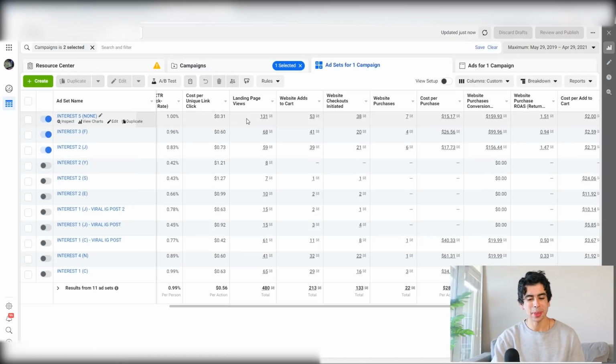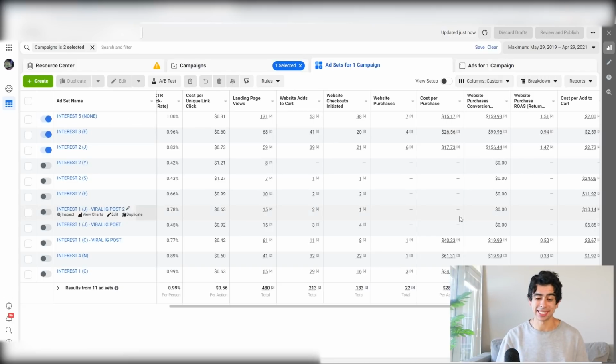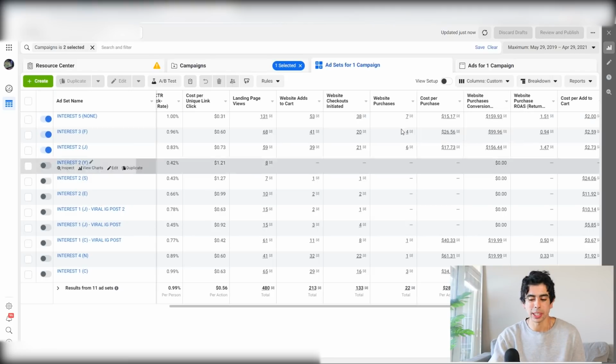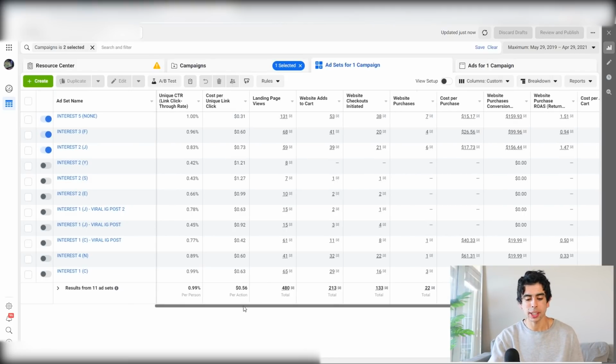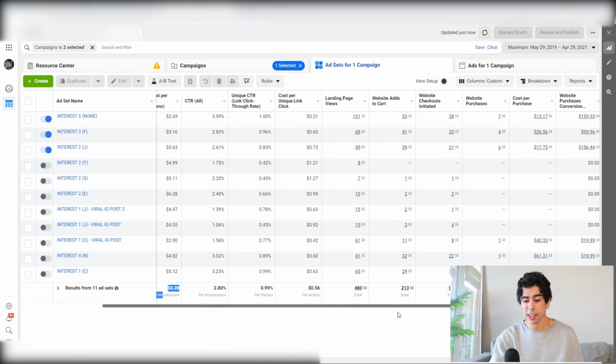And as you can see here, this is what I mean by broad audiences working better. Ironically, my best audience right now, the one giving me literally the best metrics, is one where I didn't even add a single interest. So this is a no audience ad set, and this one is performing the best. Pretty ironic. I think what I will do once we receive our stock is just duplicate this audience from $10 a day, which is the budget I decided to start with, to $50 a day